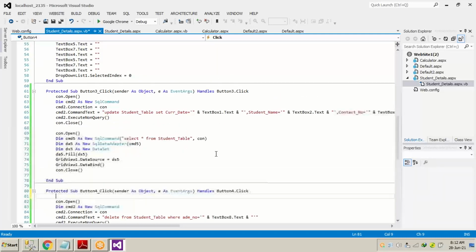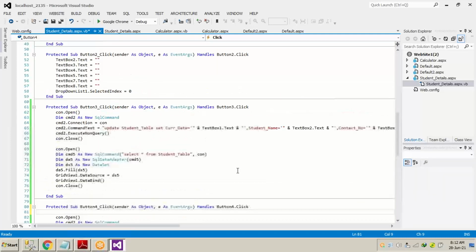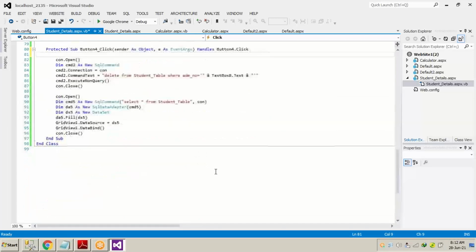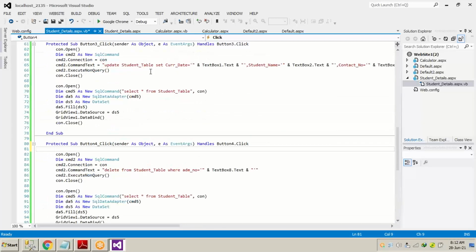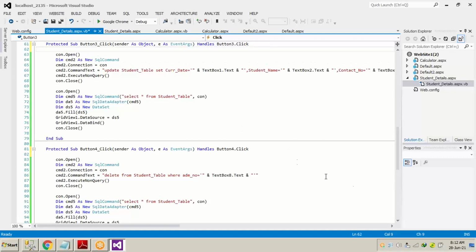So you see that the programming part, the server-side coding part, is not very tough work. Major code is copied and pasted and used in many places. We use the same code in many places according to our requirement. So guys, I believe the update statement and the delete statement are clear to you all. If you have any questions, just let me know.